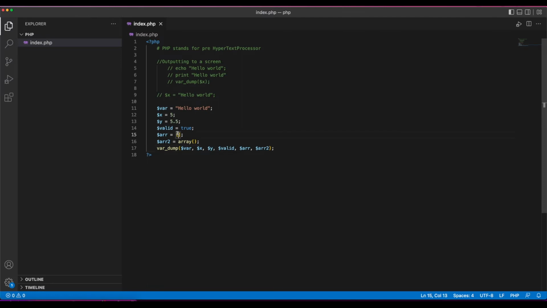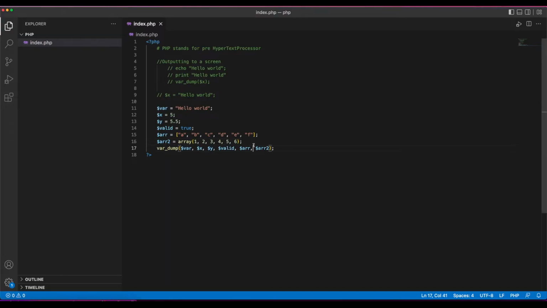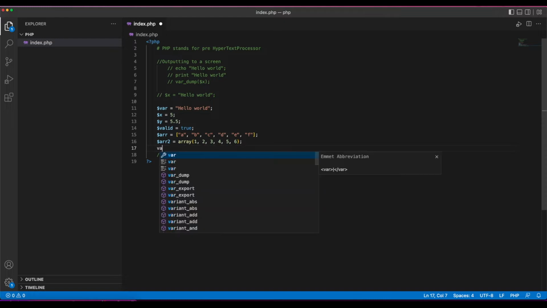Now I'm going to give it some values just for the sake of it. So I'm going to give it different letters and maybe numbers just to mix it up. In here we'll keep this one as letters, and we'll do numbers here. So 1, 2, 3, 4, 5, 6. And we have a look at this. It looks a bit messy, but we'll comment this one out and we'll have a look at them one by one. Var dump